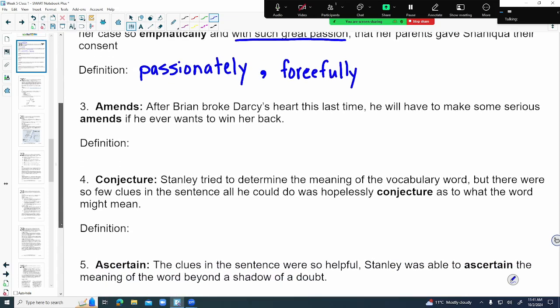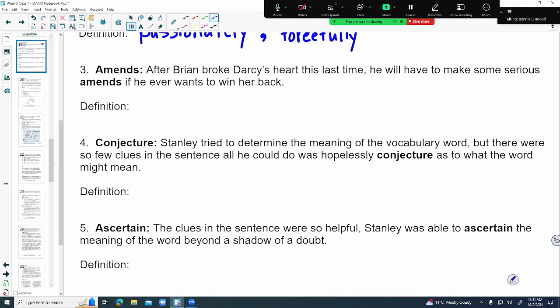Number 3, amends. After Brian broke Darcy's heart this last time, he will have to make some serious amends if he ever wants to win her back. So if he wants to get Darcy back, he has to make some serious amends. So he has to